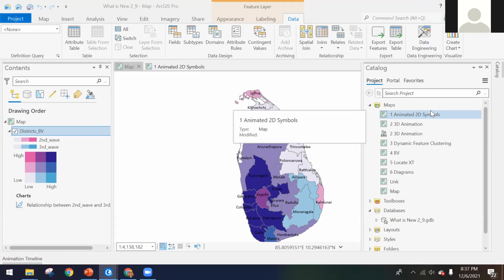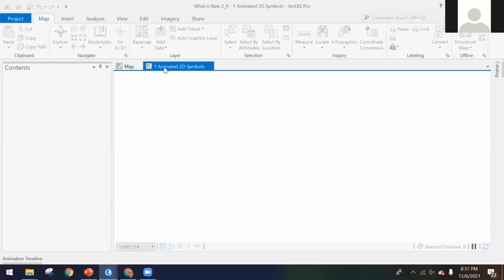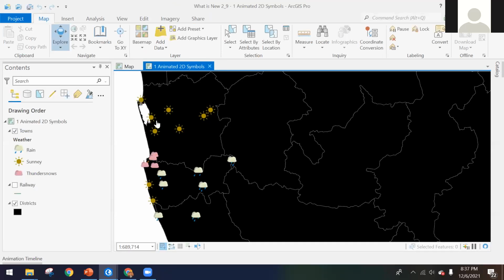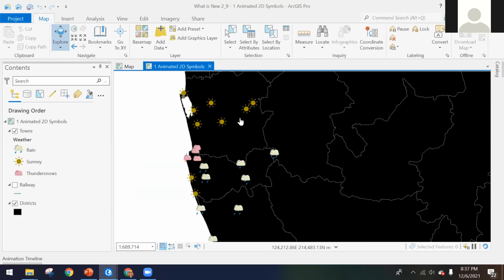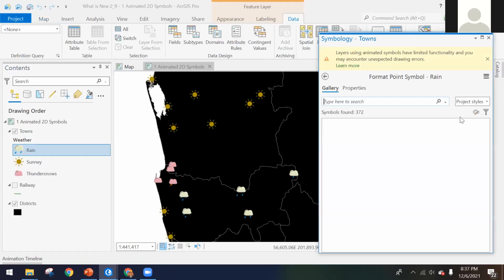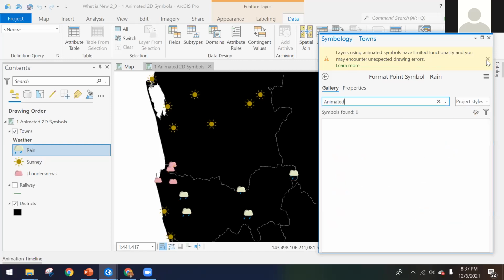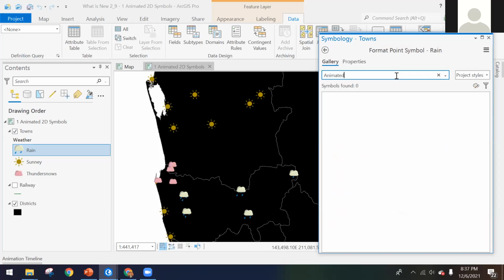What is this animated? Normally we have static symbols, but when it comes to an animated symbol, you can see the symbol is animated. Here you can see these symbols of the sun and weather-related symbols. This is a good option when it is animated. Symbols are not very difficult. We can double click on any symbol and check this, and also we can search in this animated option, and we can enter and see